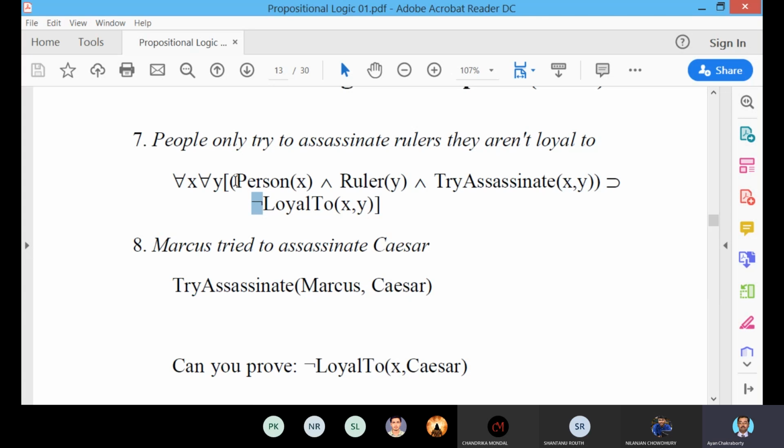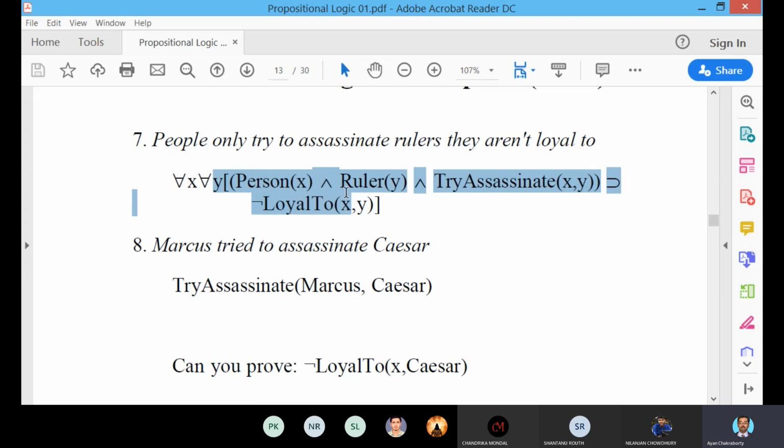These two statements, person x, ruler y, and try to assassinate(x, y), and not loyal to(x, y), have been connected with implies. That means person x and ruler y and try to assassinate(x, y) implies x is not loyal to y.